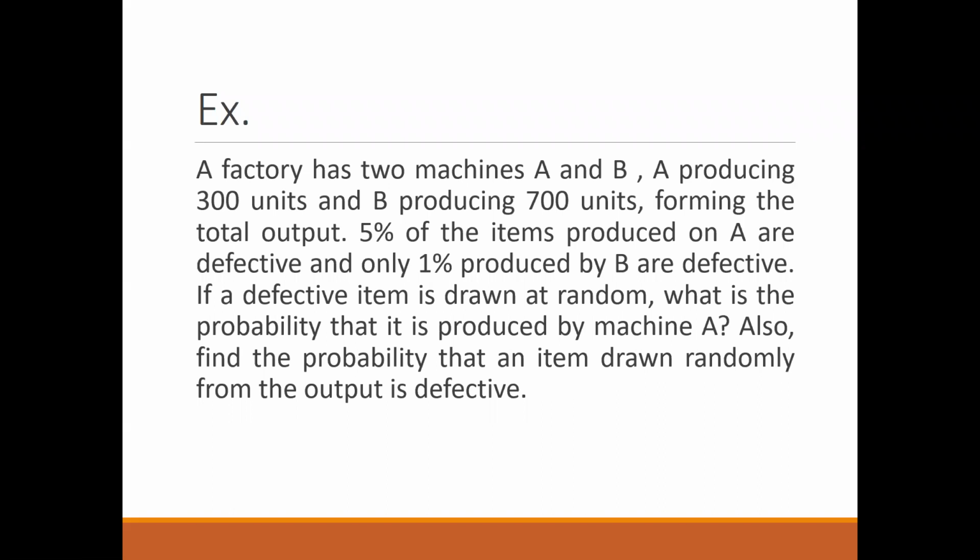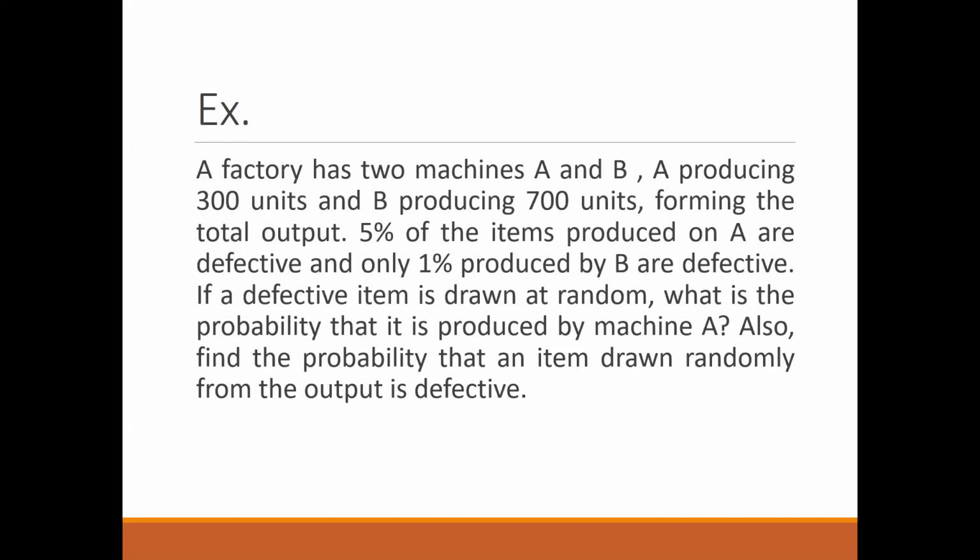See, when you are finding the probability of defect, it will be like: the item is produced on A and is defective, or the item is produced on B and is defective. So we are going to make use of a formula where both the events are mutually exclusive, isn't it? Both are exclusive or they are dependent, either way. Now, when you're doing the calculation, you have to think along those lines first.